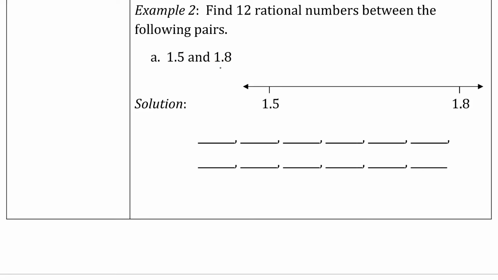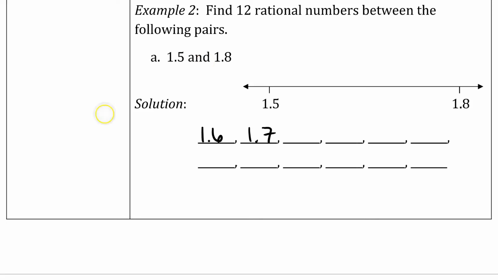Now, in the past when I've posed this question, people have given me a lot of 1.6s and 1.7s, which is awesome. Those are two rational numbers that reside between, but then people find it really difficult to go on from there. I don't want just 2, I want 12. So the way that I can get a little bit more creative in my thinking is if I just add